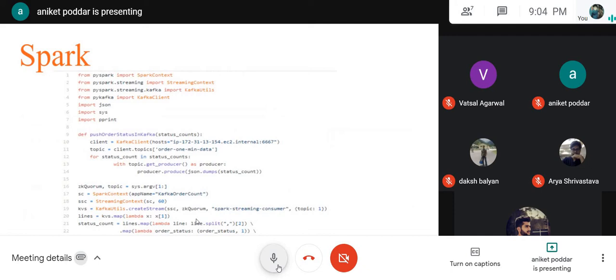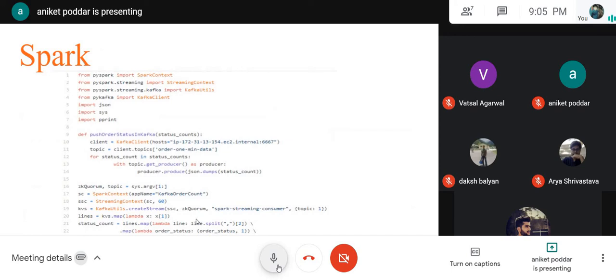After that, through Spark Context, we will be linking our app, which is named Kafka order count. It is the main entry point of our data set into Spark streaming. Through this point, all the data will be coming into the Spark library for the further processing. And through the Spark Streaming Context library, we have set up the time span of processing for each batch of data set with a time limit of 60 seconds.